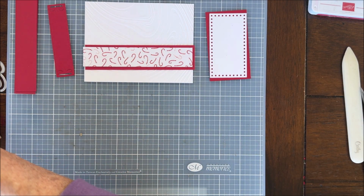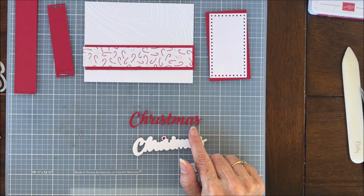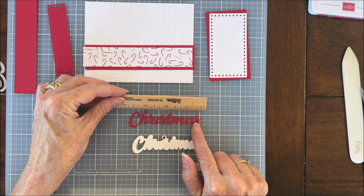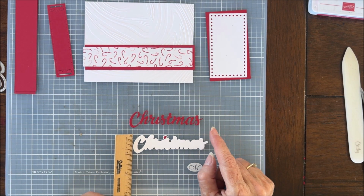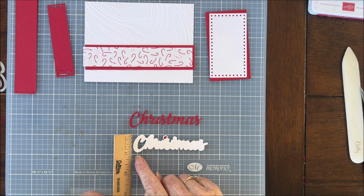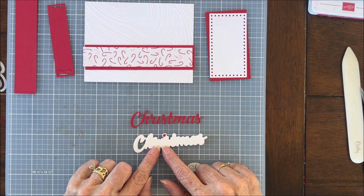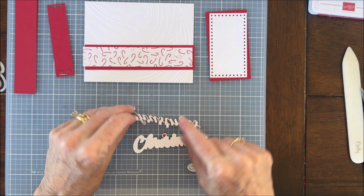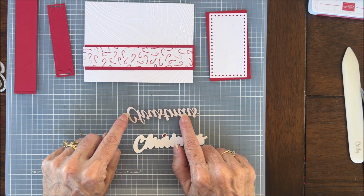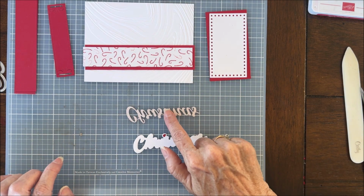You're going to want to die cut the word Christmas, and these pieces in order to die cut would be 4 inches by, it's tied at 1, so I would put 1 1/4 inches for these. This one is cut out of real red, and the matting is cut out of basic white. What I did do is I put the adhesive sheets on the back before I die cut this one to